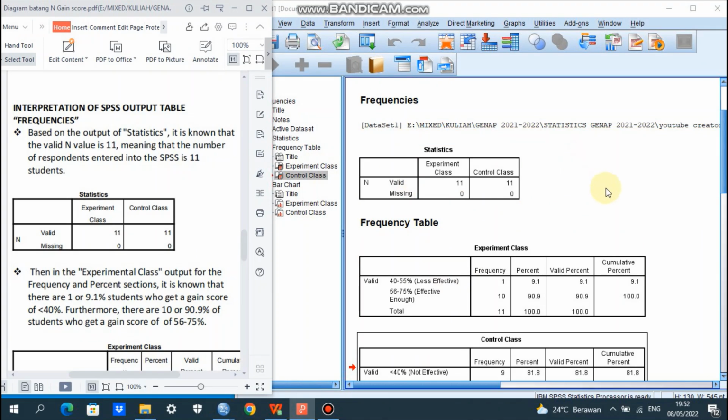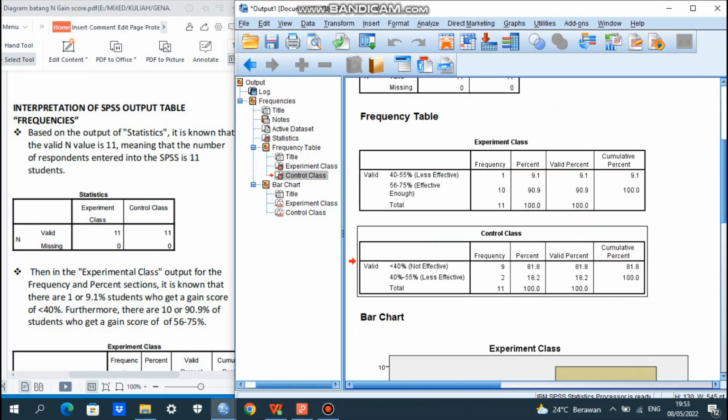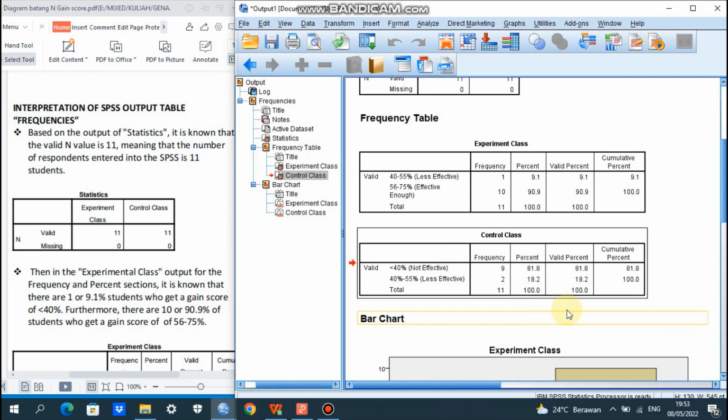From the output, we can see that there are 3 outputs for the frequencies, the frequency distribution table. The first is statistics. The second is the frequency table for experiment class and also for control class. We are going to discuss it one by one.